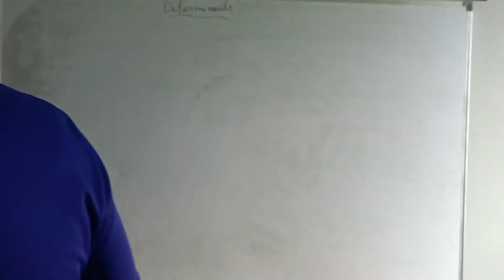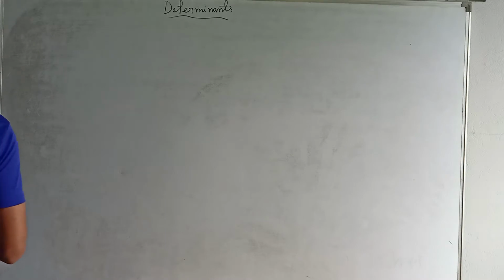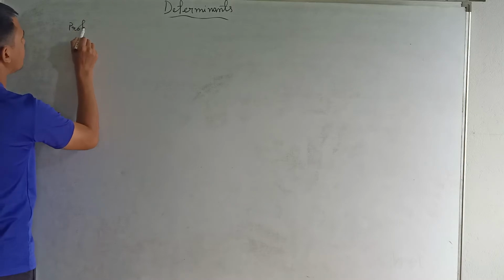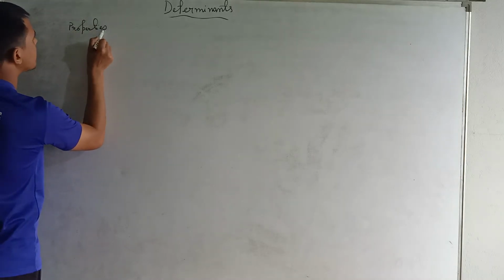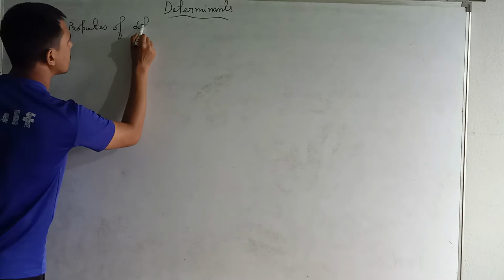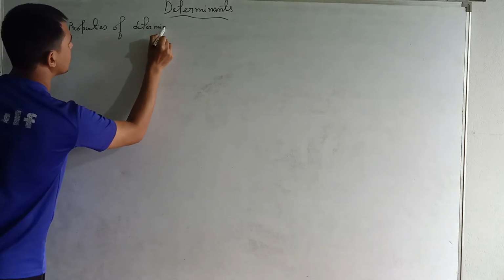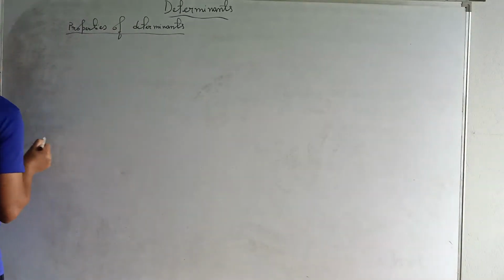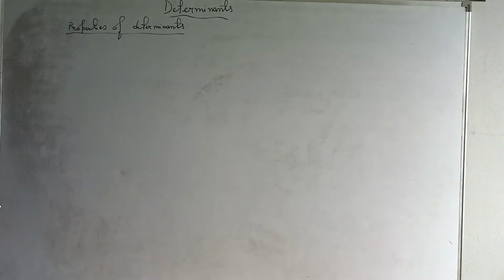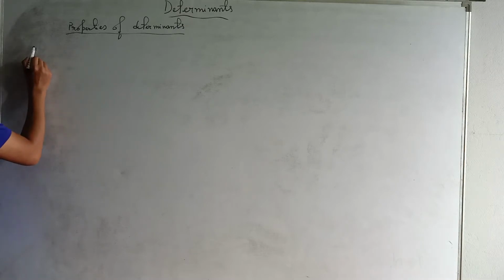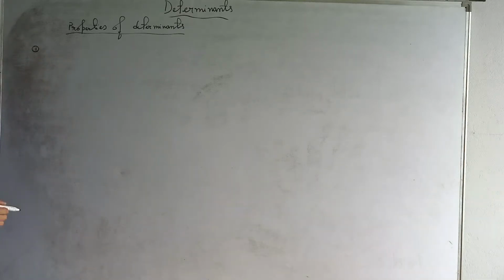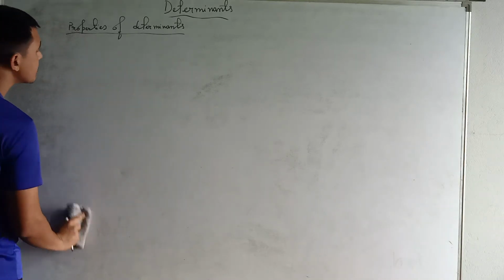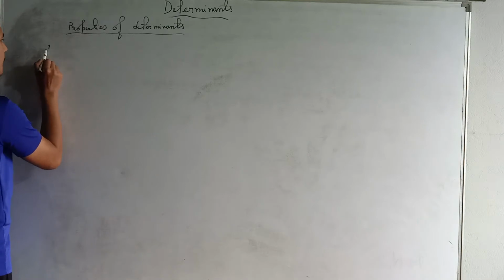I'm going to discuss some properties of determinants, very important properties. Properties of determinants. The first property is, there are 6 properties, very important properties which we'll be utilizing while expanding determinants. The first property is,